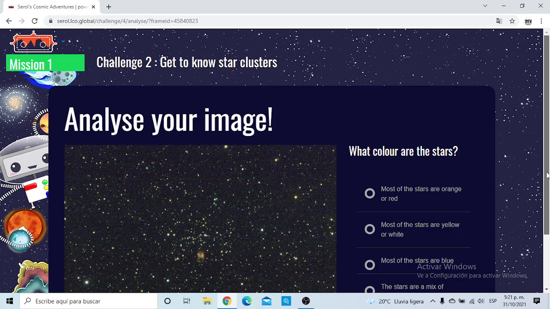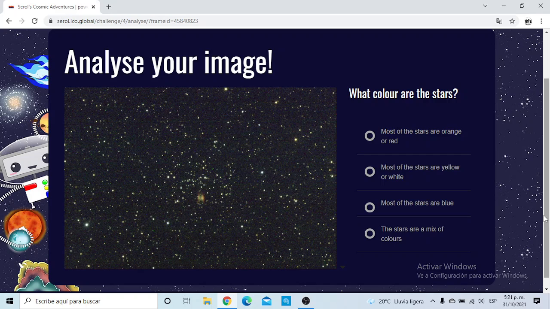Okay, so right now we're going to analyze our image. The purpose of this is to simulate what you do with the LCO images that are taken by doing observations in the observation portal. So this is kind of mimicking that with the kids. Okay, so what color are the stars? I think most are yellow or white. Okay,